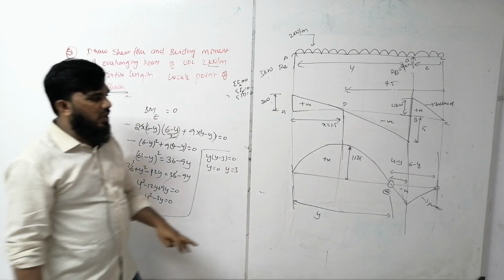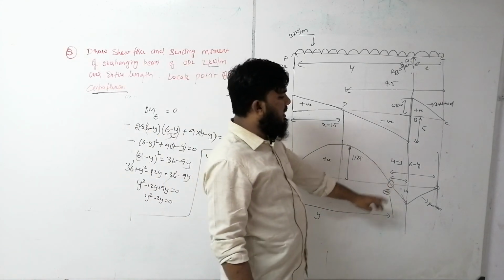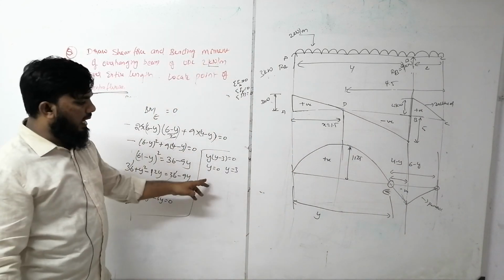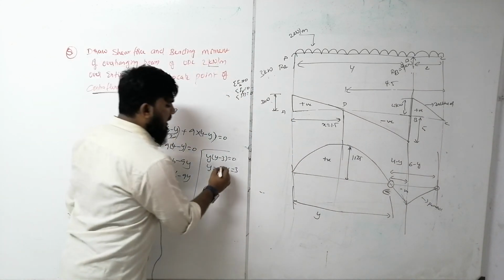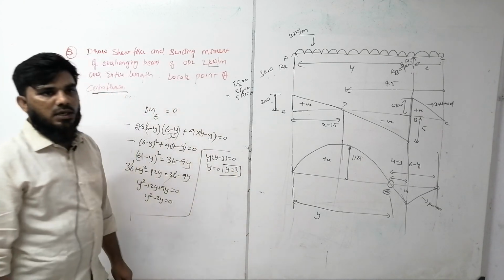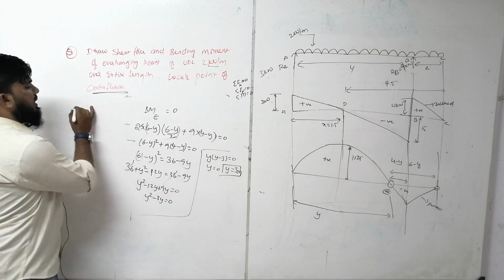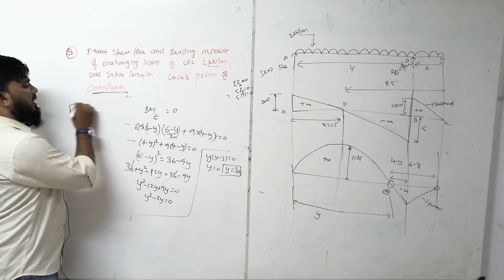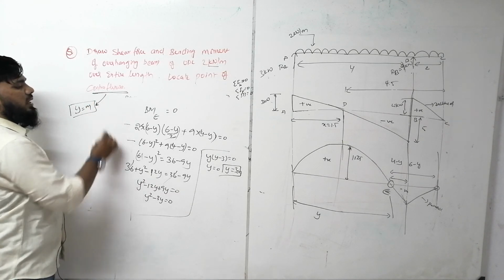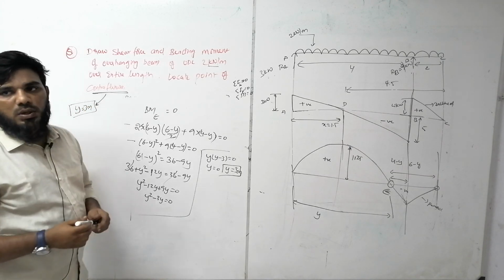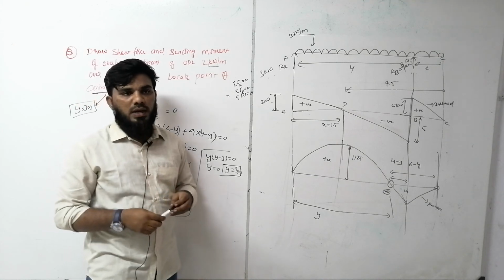So what is the length you are getting? 3. So at the distance of 3, so the total span is 6, means at half length you are getting that point of contraflexure. So 3 meters you have to write this distance. Y is equal to 3 meters. So your point of contraflexure exists at a point of y is equal to 3 meters. Y is equal to 3 meters. With this we close our unit.